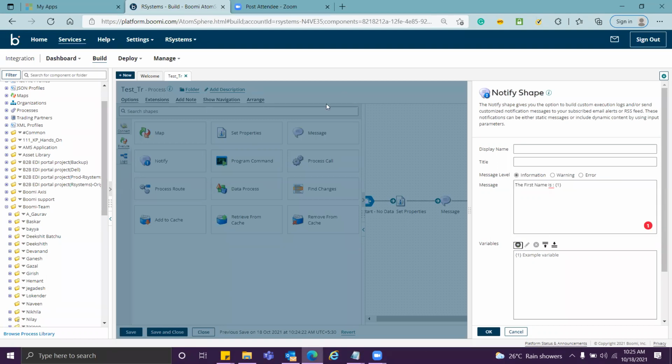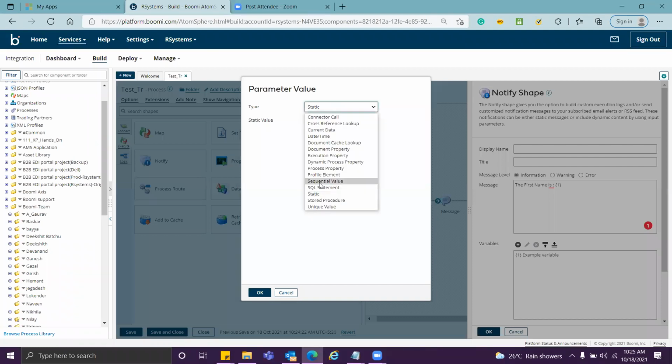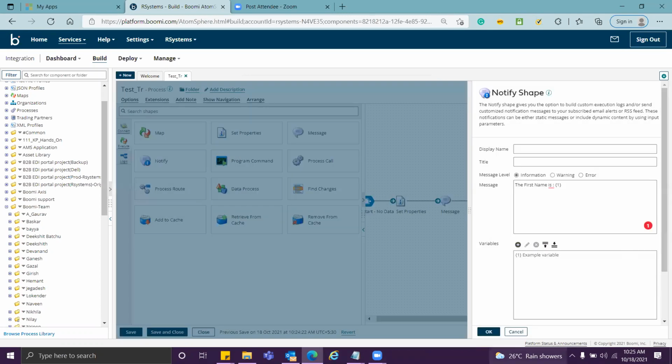I go to properties again. Okay, it does not show me a property here. All right, that's fine.